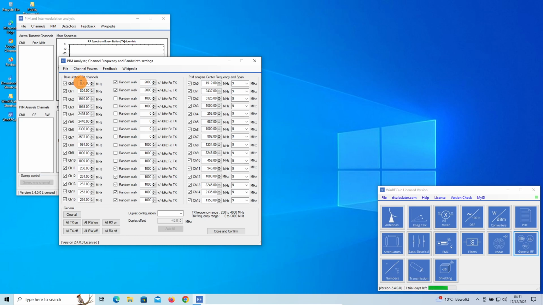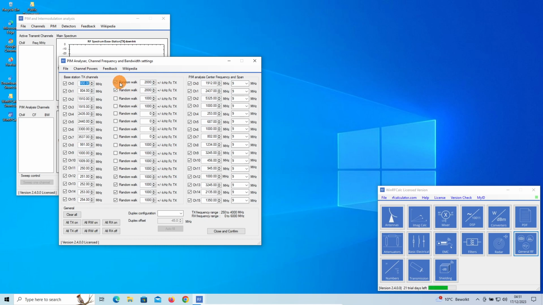Center frequency, 800 megahertz, which is the transmit frequency. And to simulate modulation, because if you just do the PIM analysis with a static frequency for all these channels, then of course the result of the intermodulation products will always be on the same frequency.